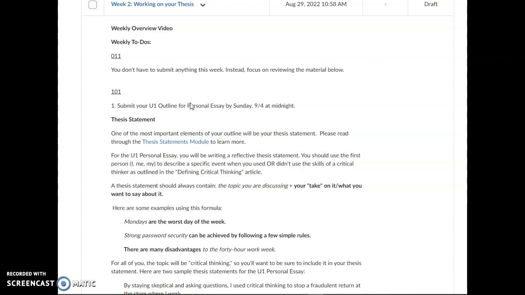You're going to be writing a paper at the end of Unit 1 that examines how you personally interact with those ideas that are mentioned in Defining Critical Thinking, like skepticism, like keeping an open mind, like asking questions, like looking into things. For instance, the example in the article of looking into a history text and asking yourself, who actually wrote this? Do I agree with them? Did they do a good job with research? You're looking to talk about how you use some of these skills in your everyday life.